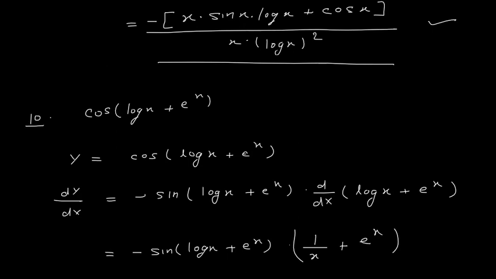Okay. So in this exercise we have these 10 questions only. We have seen how to differentiate exponential and logarithmic function. They are very simple. We have the formula for if y is equals to a power x, then its derivative is a power x into log a. If it is e power x, then its derivative is e power x only, because log e is 1. And in the same way, if it is logarithmic function, derivative of log x is 1 upon x. So simple formula is, only here we have composite function involved with this exponential and logarithmic formula, so it becomes little difficult at some places.